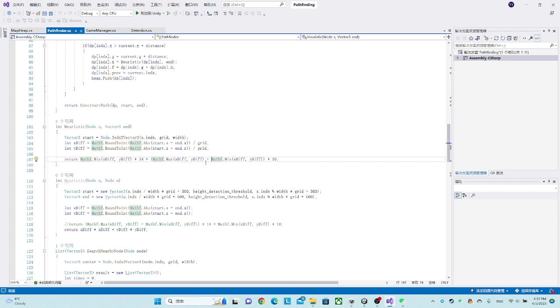And we know the third side of a right triangle we can get by using a square root of the sum of the squares of the two sides next to the right angle. In this case, those two sides have a length of 10, and the third side will have a length of